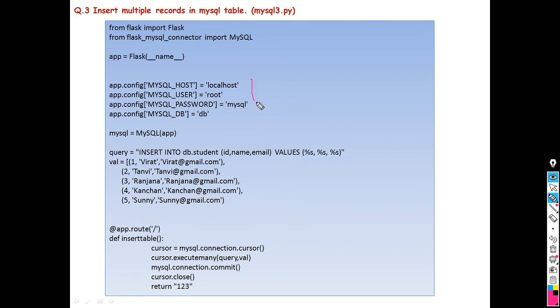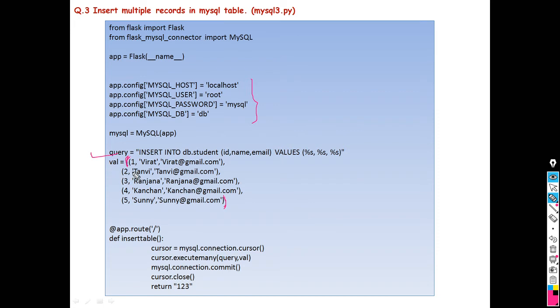Here we have to configure MySQL and the query remains the same: insert into db.student id, name, email values %s %s %s. Okay, and for the values, here you can write like this. We can enclose it within round brackets. We can use a tuple for this version.